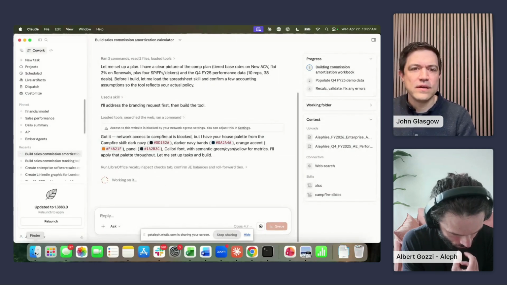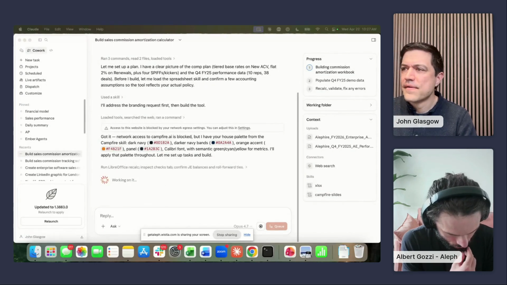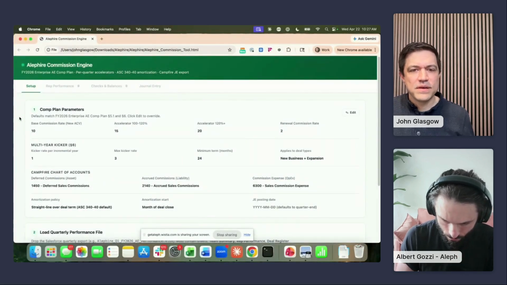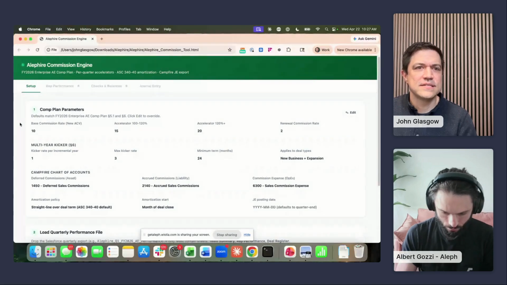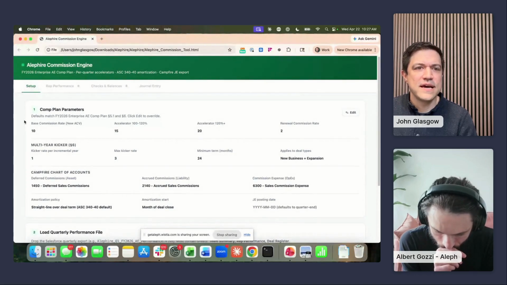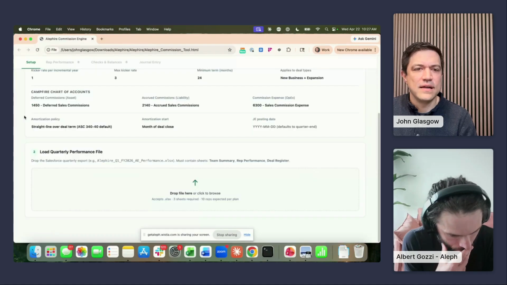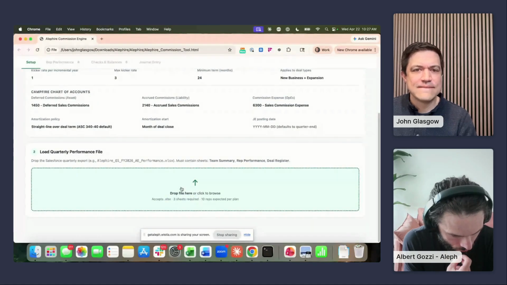And while it's going, I'll show you what it did kick out, since it sounds like some folks are asking. Here's what it built last time I asked it to do this. So we've got the setup here, and I can't go to the other tabs until I drop in my file.